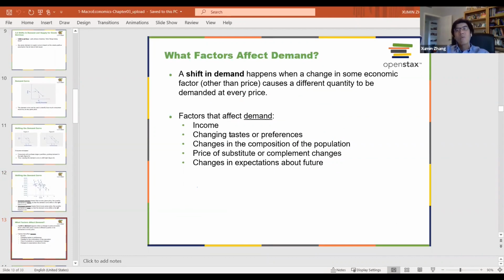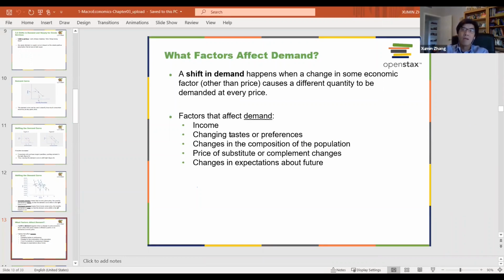To give you several examples, usually I would ask you to tell me what shifts the demand curve, but in this case no one will respond. So I just tell you that it's not only those factors, but much more than that. Income, right? You have changed your preference, your taste. Also the population change, I mean, the number of consumers change. More consumers, very likely the demand will shift to the right.